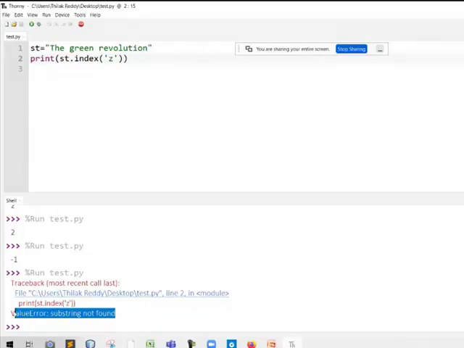So here, what is the difference between the find method and the index method? What is the similarity? The find method is used to return the index value of the first occurrence of the given substring. The index method is also used to do the same thing, right? But the difference is, if the given substring does not exist in the actual string, then the find method will return -1, but the index method will return an error. That means it throws an error. That is the difference between find and index.